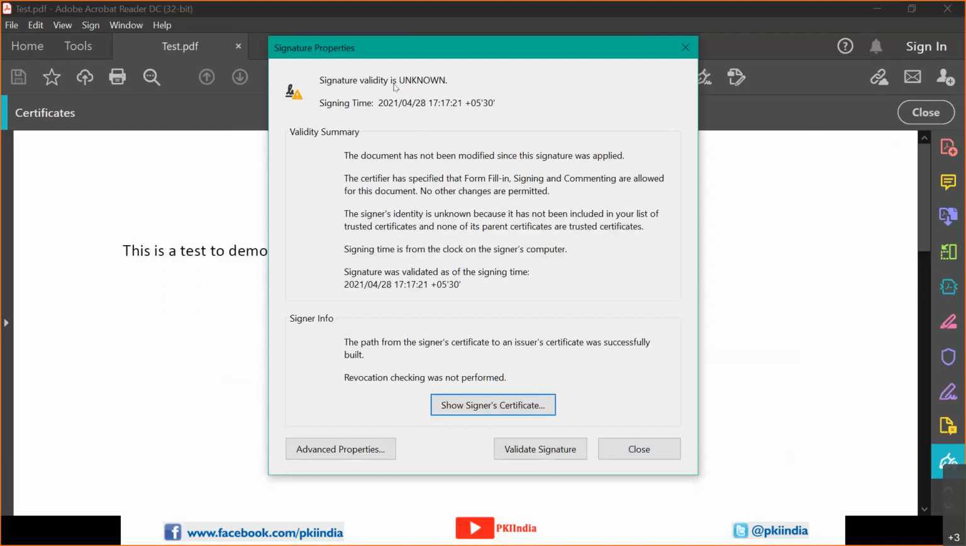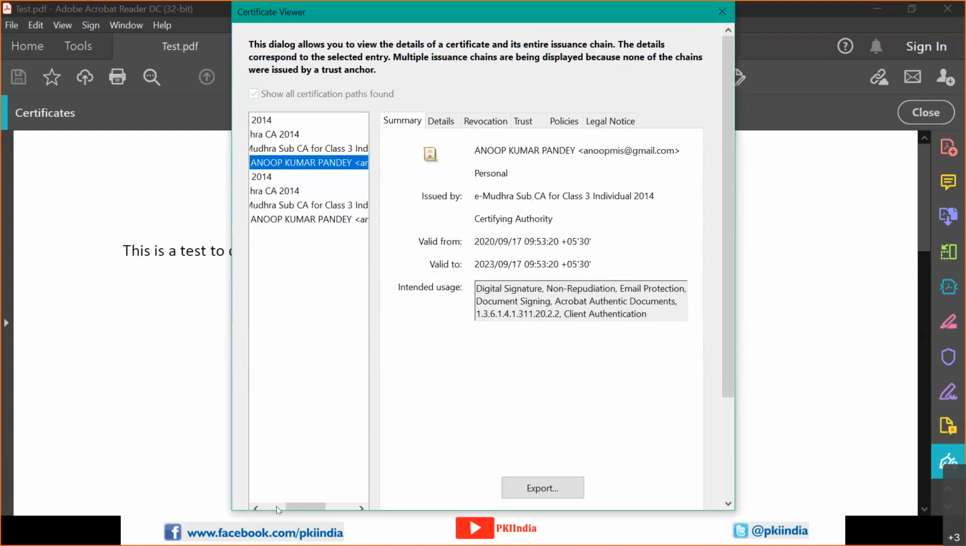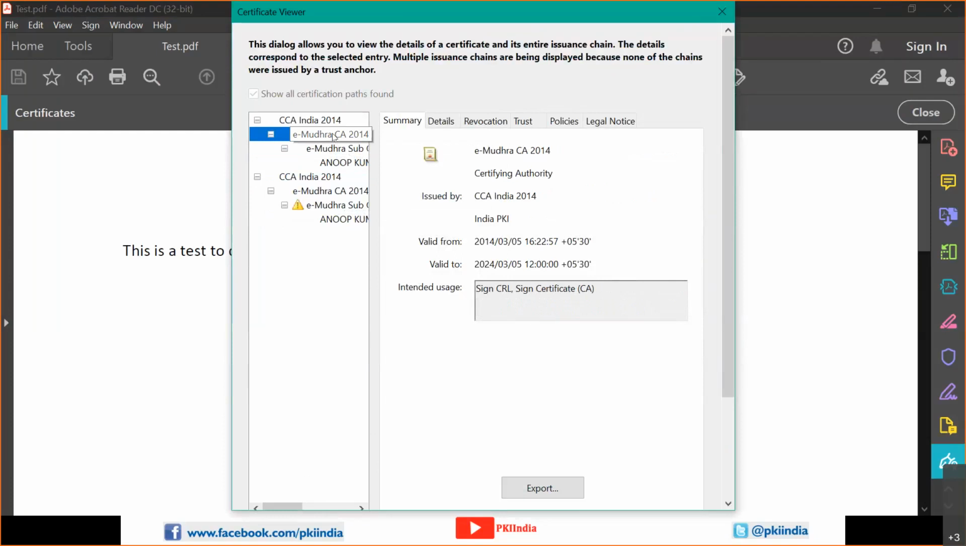Here we can see, show the signer's certificate. If you click on show the signer's certificate, you can see here Anup Kumar Pandey has been issued a certificate by eMudra, eMudra CA and CCI India. All those things you can see. Okay, but understand here, and validate the certificate. It is verifying all the signatures, and please remember that the signature validity is